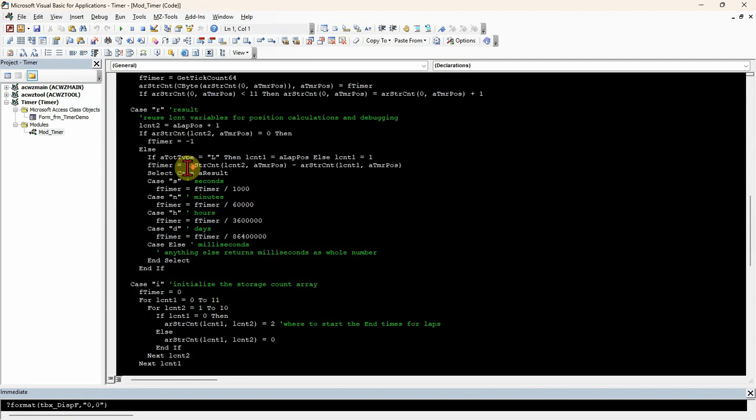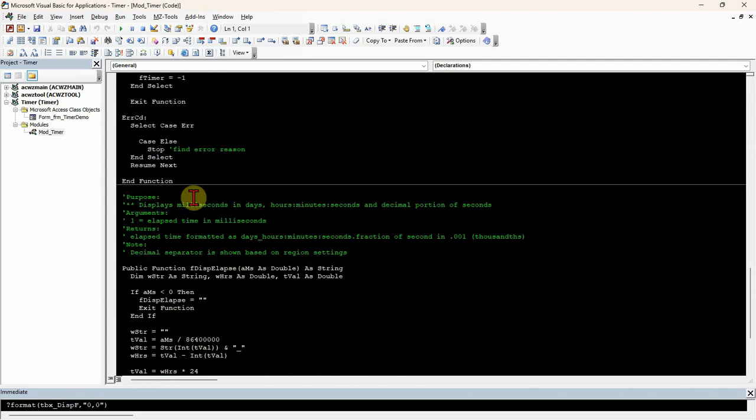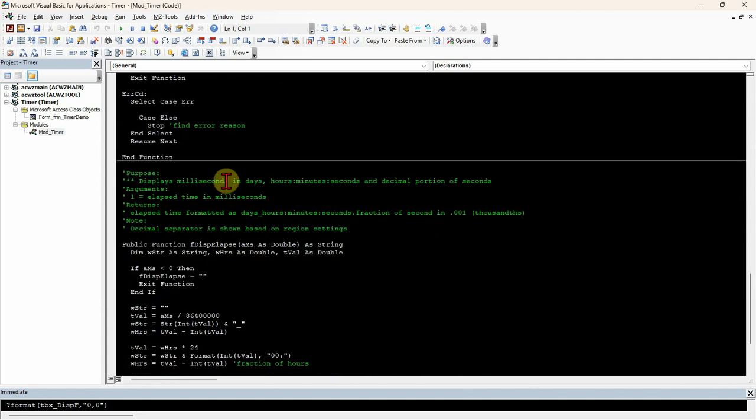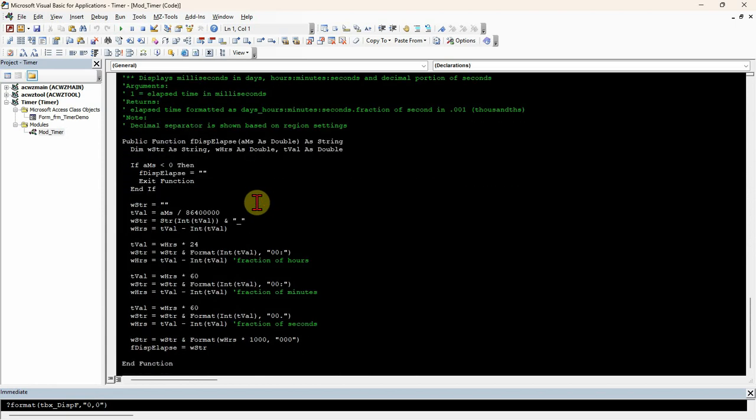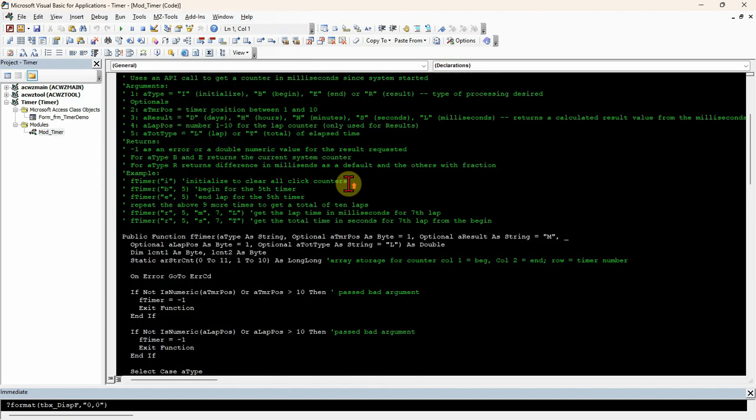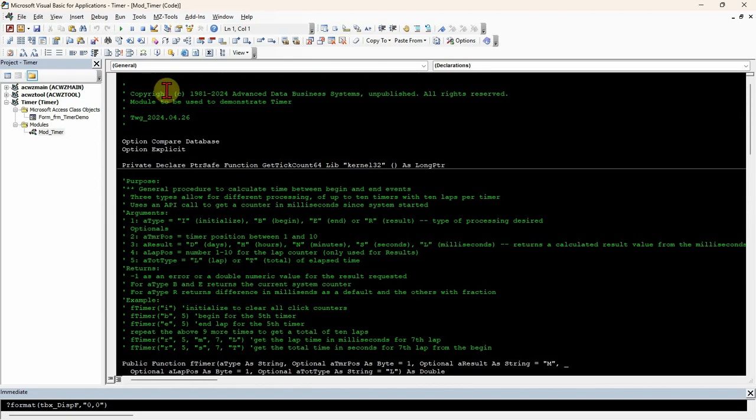Then there's the code for the timer. And then there's another little procedure for displaying that timer information in days, hours, minutes, seconds, milliseconds. Pretty simple little routine. These will all be delivered as one